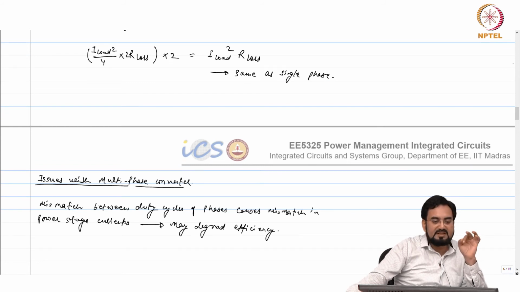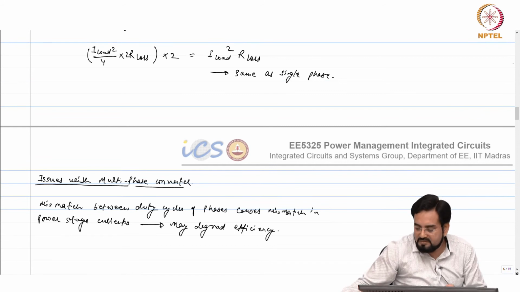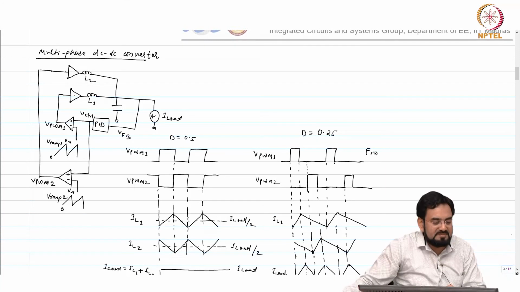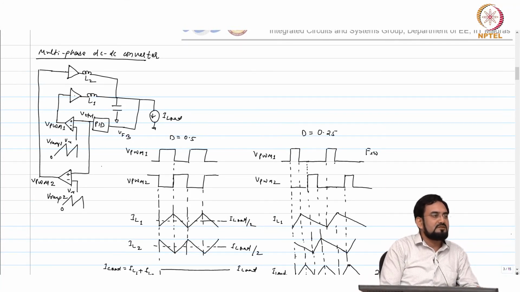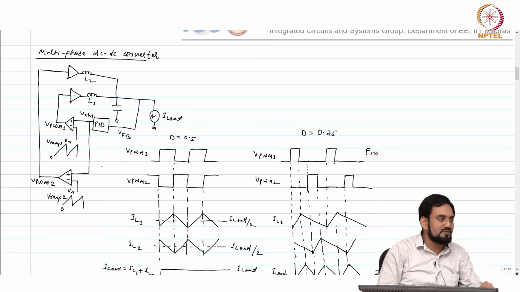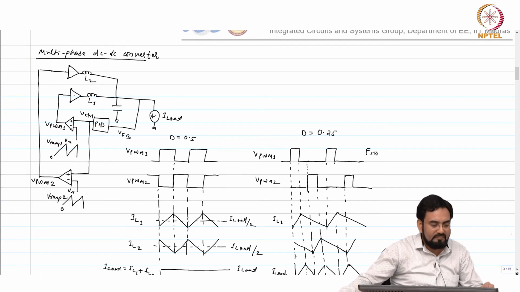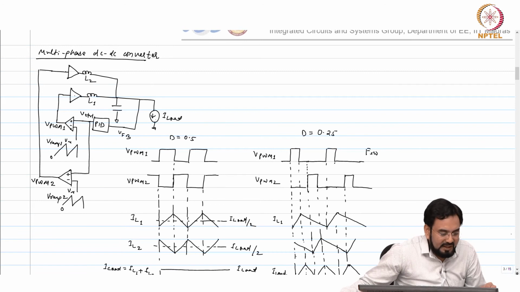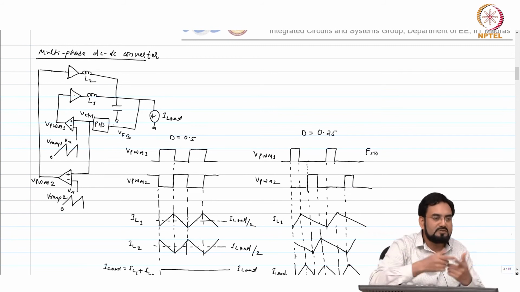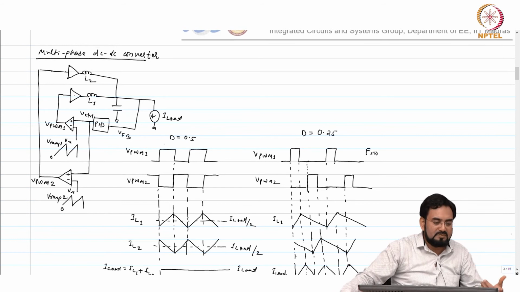So we are using a single control voltage. Who will cause the mismatch here? The ramp will cause the mismatch, or comparator offset, or delays in the comparator, that will also cause mismatch. And the ramp, obviously, we are charging a capacitor with a current, and those two currents may have a mismatch. And that's why we require current balancing.